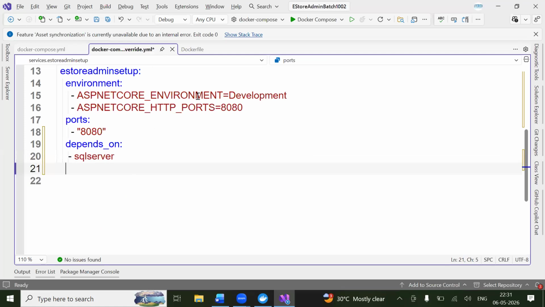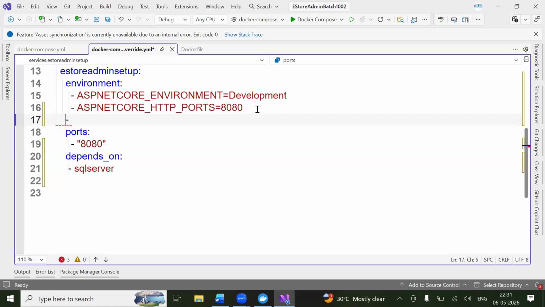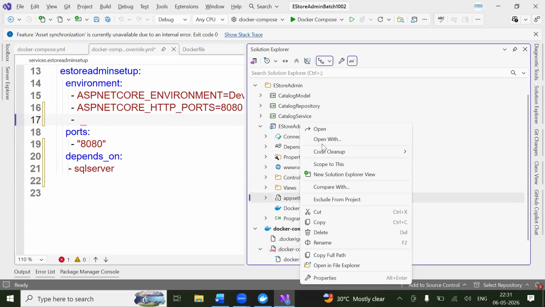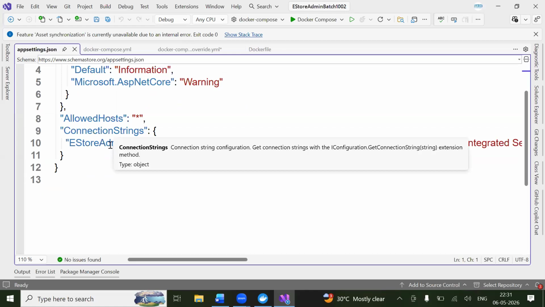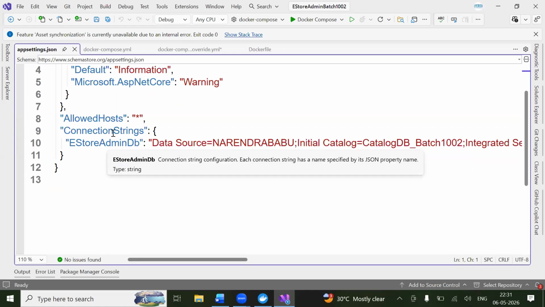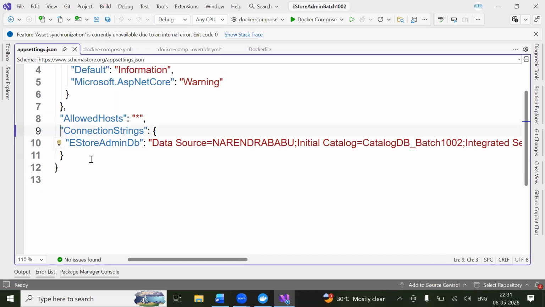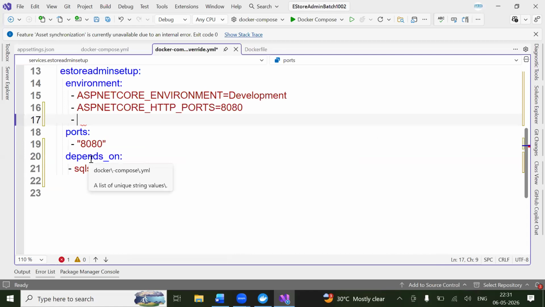You need to have the environment variable. You are already having an environment variable you can use here. So where is your environment variable? You go back to appsettings.json. You take this connection string colon eStore. Take this, copy, paste, underscore, underscore,